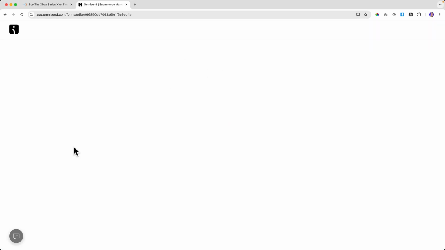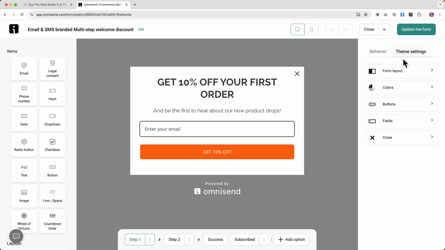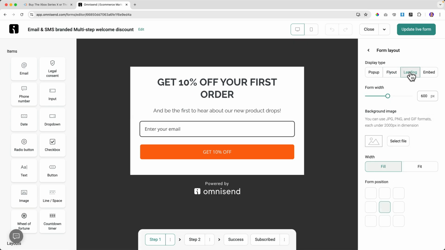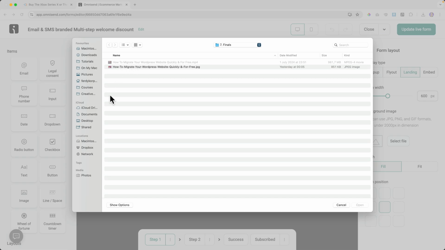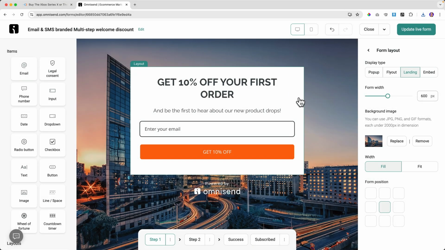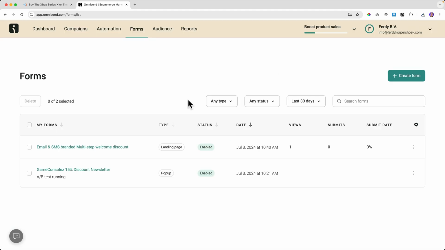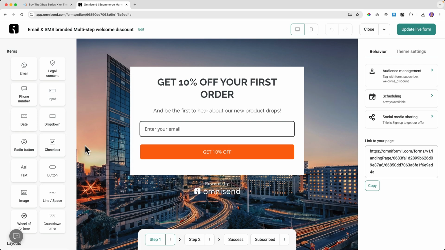Then we have something else. Theme settings, form layout, landing page. So I can choose a background. Make this the background. And this, I need to update it before I can see it. And now if I click on it again, below at behavior, I see a link to the page.